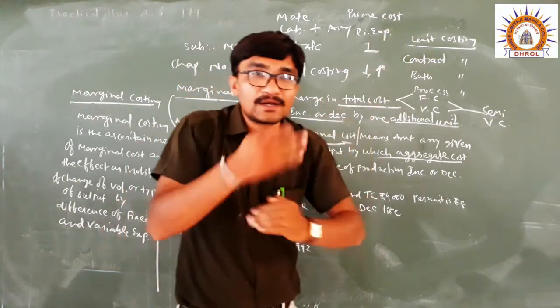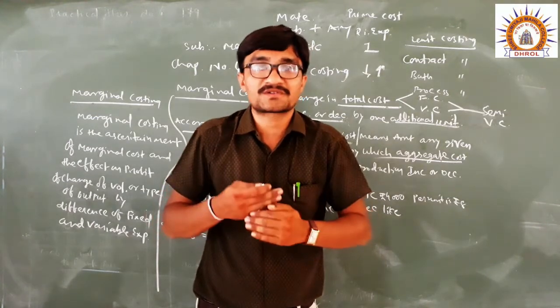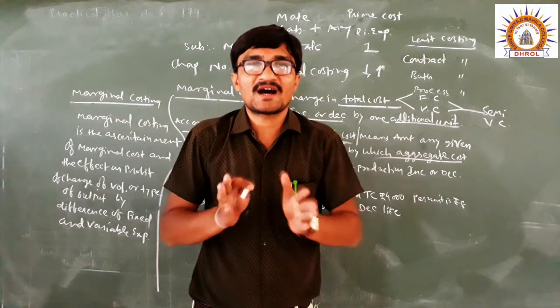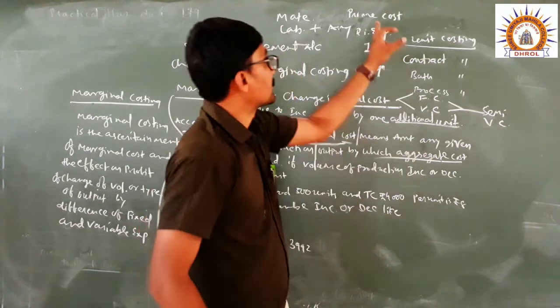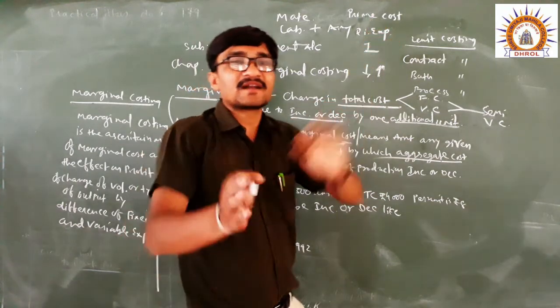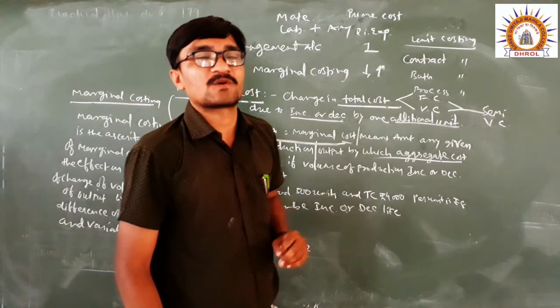All these expenses which are incurred in the form of direct cost are in total the prime cost. Then in addition to that, you also studied in unit costing, that is, in the cost sheet,